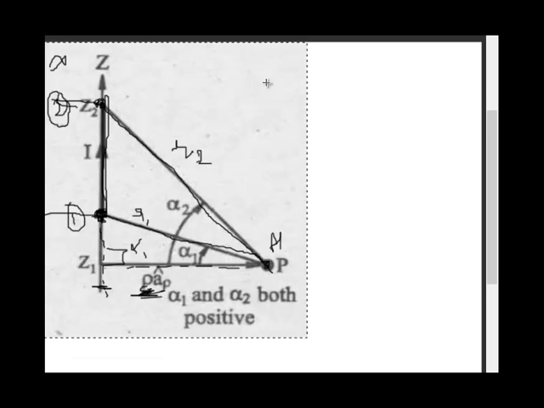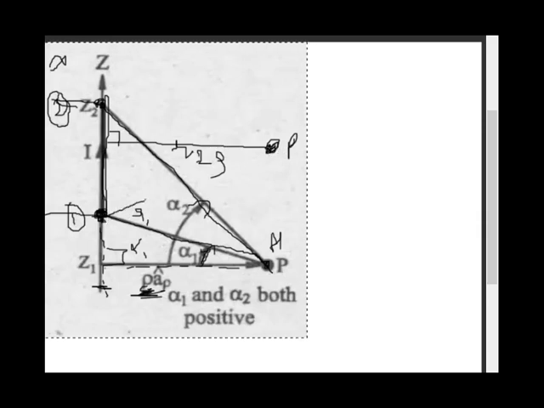If the case is different, the case may be different. The point P may lie somewhere here. In this case, the angles alpha 1, alpha 2 will be different. In this case, you can see that both alpha 1, alpha 2 are going upward. Here alpha 1 is upward, alpha 2 is also going in the upward direction. But in this case, where point P lies here, you can observe that we have to draw first rho. Rho can be obtained by drawing a perpendicular from point P on z-axis. So if we draw a perpendicular from point P on z-axis, I will get a line here and it will be rho. Then for getting alpha 1 and alpha 2, I have to draw a radial from point 1 like this and a radial from point 2.